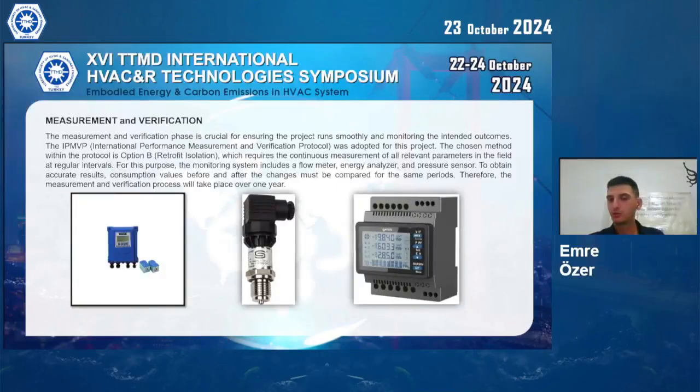This part is crucial for ensuring the project runs correctly. The IPMVP protocol was adopted for this project, and option B is selected as the verification method. In this method, the system must be monitored continuously, and option B